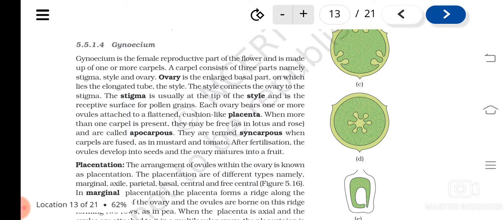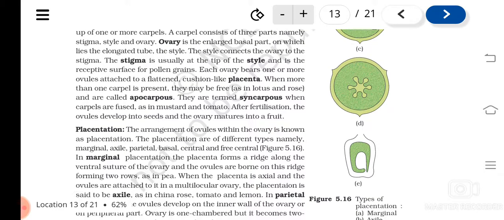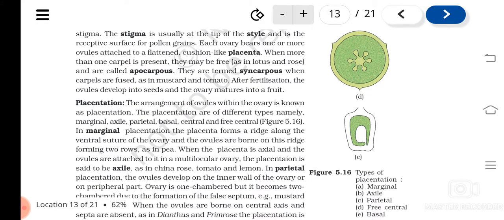And if all the carpels are united, then we call it syncarpous. And if they are free, we call it apocarpous. Okay. Now, arrangement of ovules in the ovary is known as placentation. And there are different kinds of placentation like